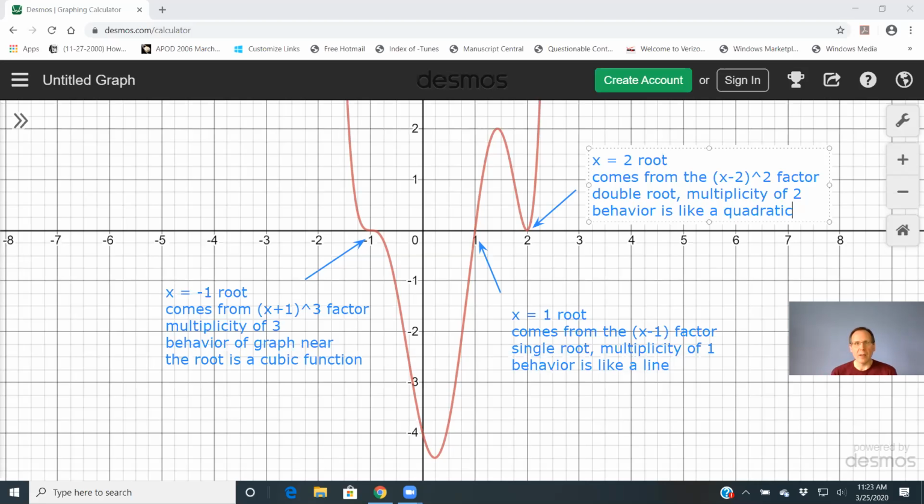Because if you had, say, x plus 1 to the 5th power, right? Then that factor would kind of look the same, but it'd be even flatter, but it's too difficult to determine. So in this case, it's either going to be a case like this,